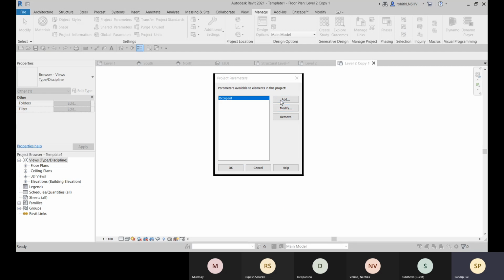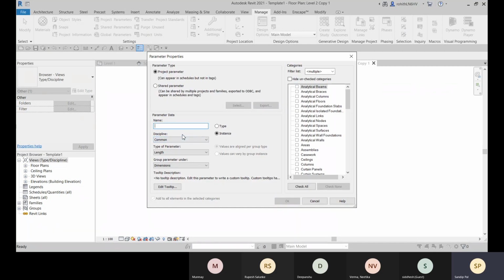So let's click on add, and suppose I need to sort it by the modeler. Okay, the modeler name. And that will be instance. So here you can see that we have two types of properties, type properties and instance properties.